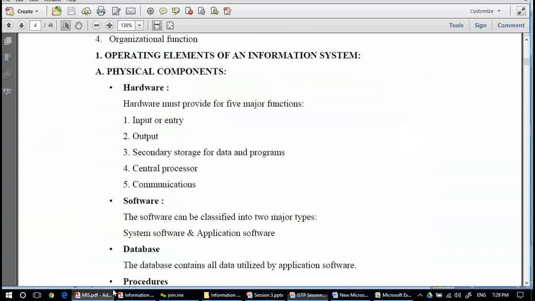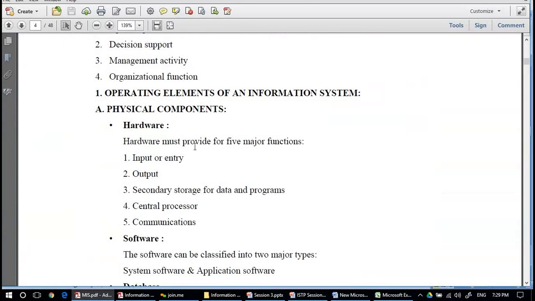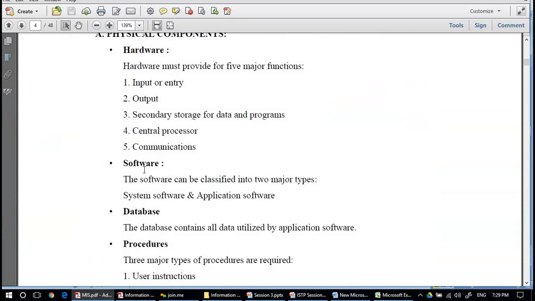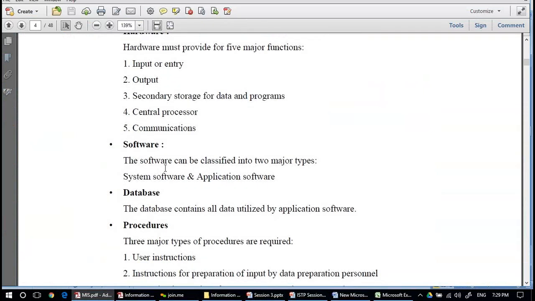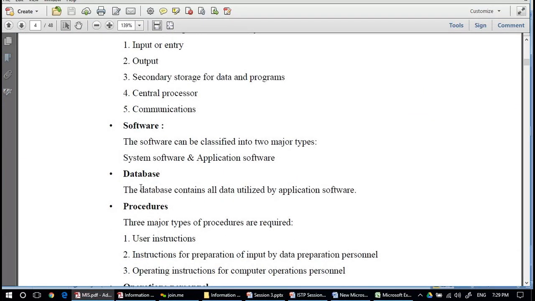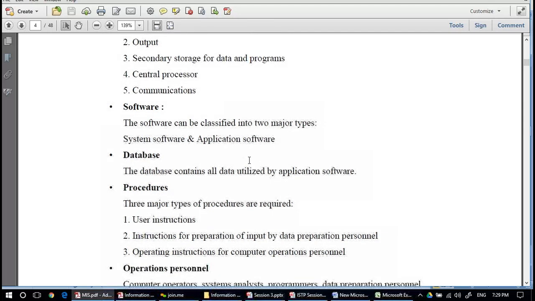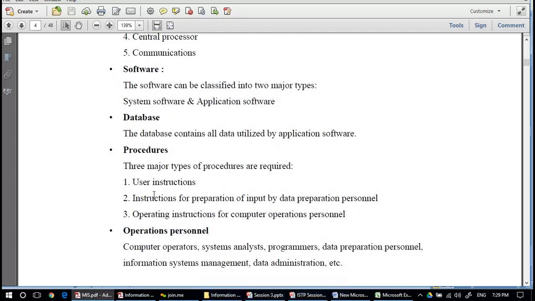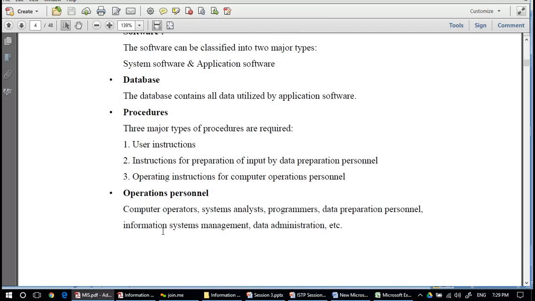So I continue here that it could be distinguished regarding the hardware, the software. The software could be the system software or application software, the database, procedures, operations, personnel,